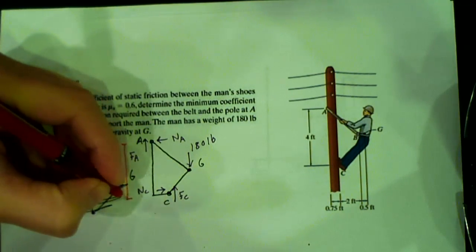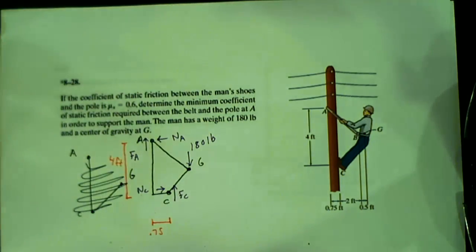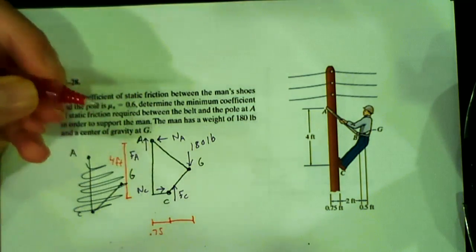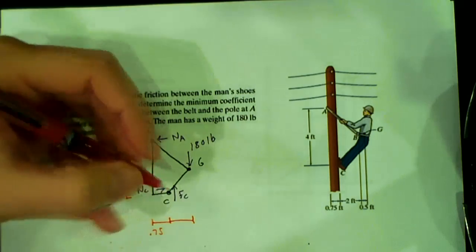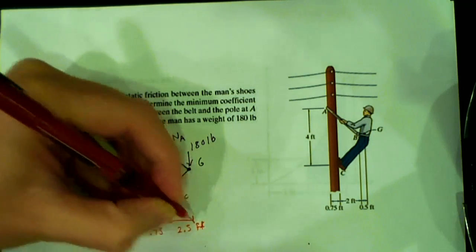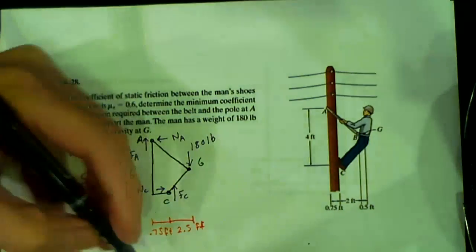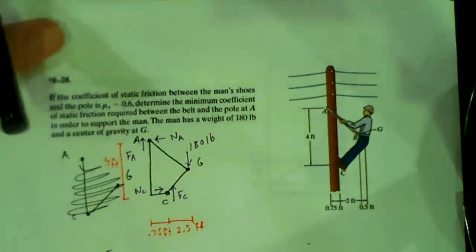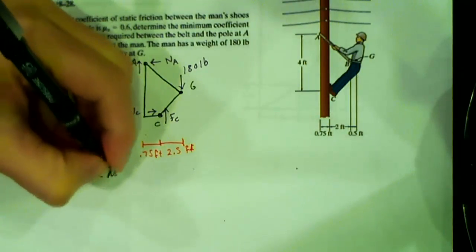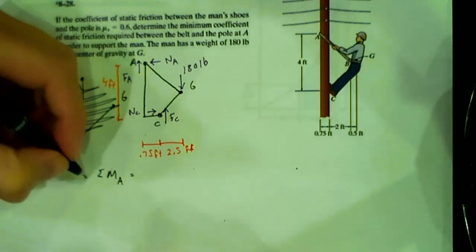The distance between A and C is 4 feet in the Y and 0.75 in the X. And then the distance between C and G is 2.5 feet. Okay, good enough. So now if we do sum of moments about point A, we get,